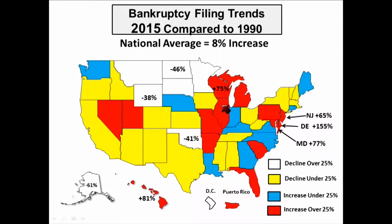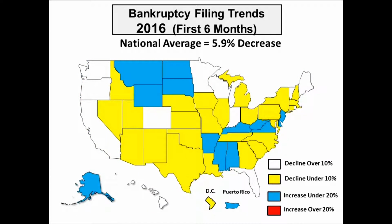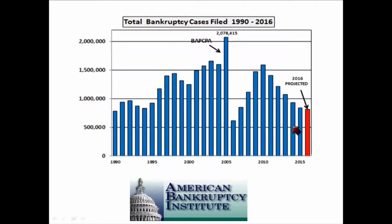Now, if we look at the first half of 2016, the rate of decline is a lot lower. It's only about 6%. The West Coast, we're still seeing fairly large declines over the year. But we're also seeing about 15 states colored blue now, which shows that filings have started to increase. So it seems that the trends are reversing,